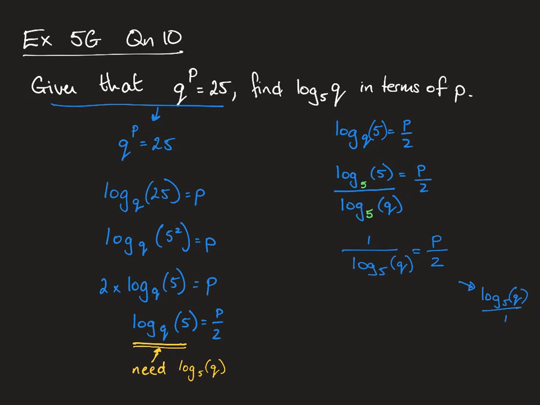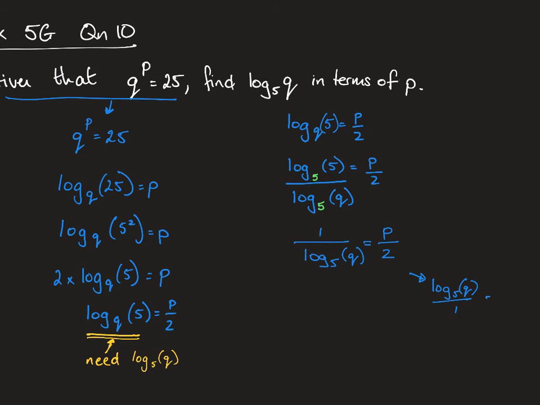Let me just move this over here. Equals 2 over p. What you can do is you can multiply both sides by log to the base 5 of q, that's terrible writing, times log to the base 5 of q. Then this will cancel with this, and you're left with 1 is equal to p times log to the base 5 of q